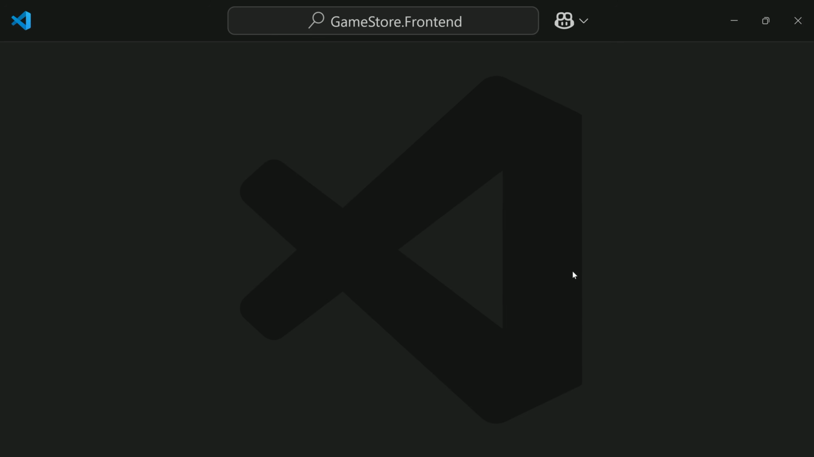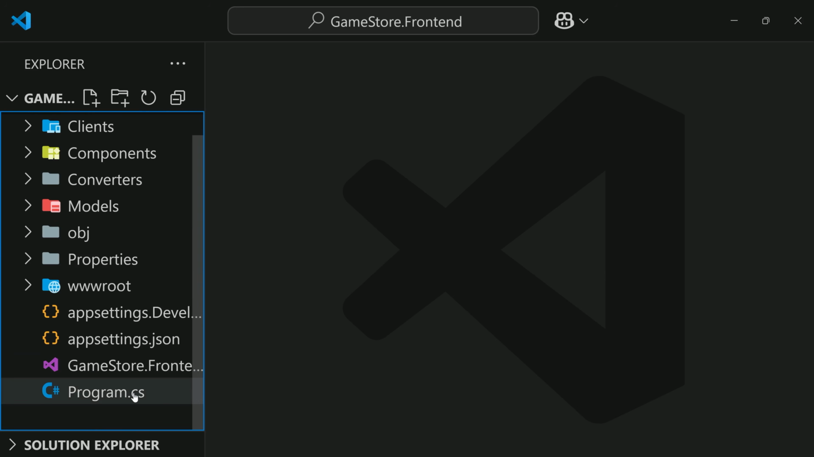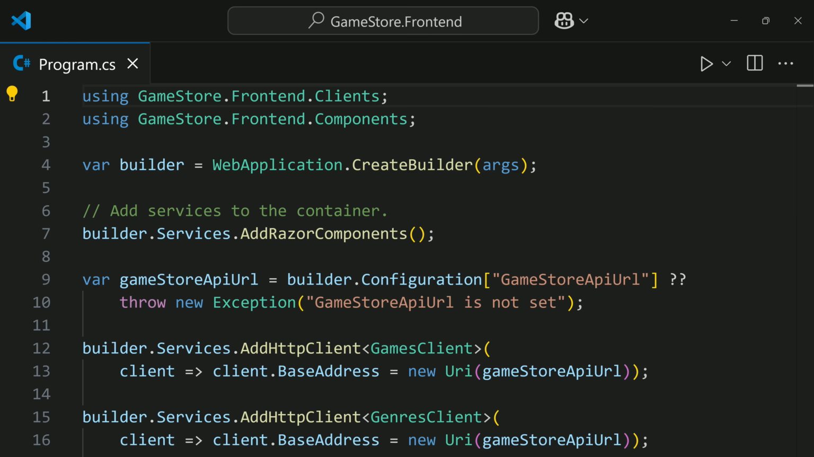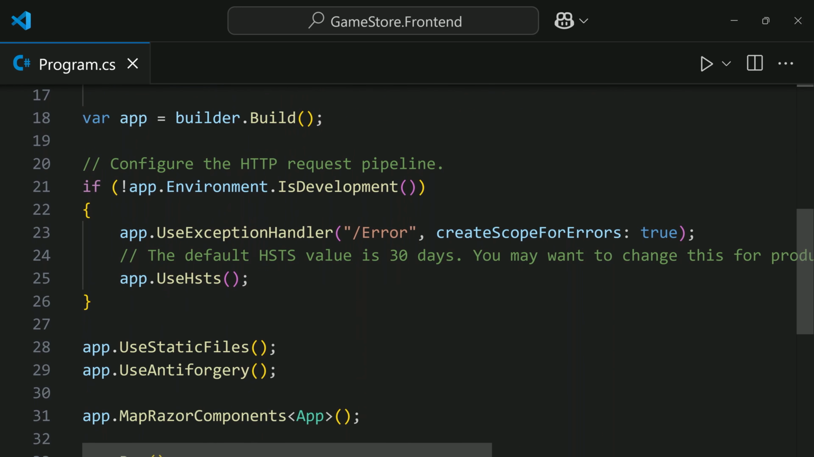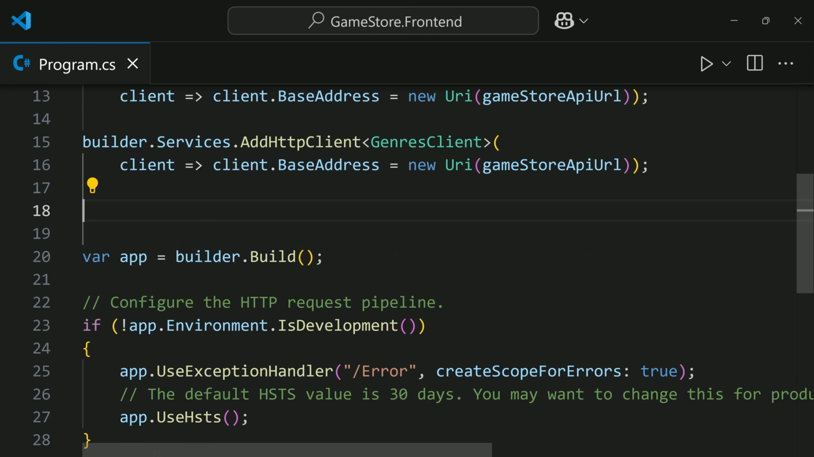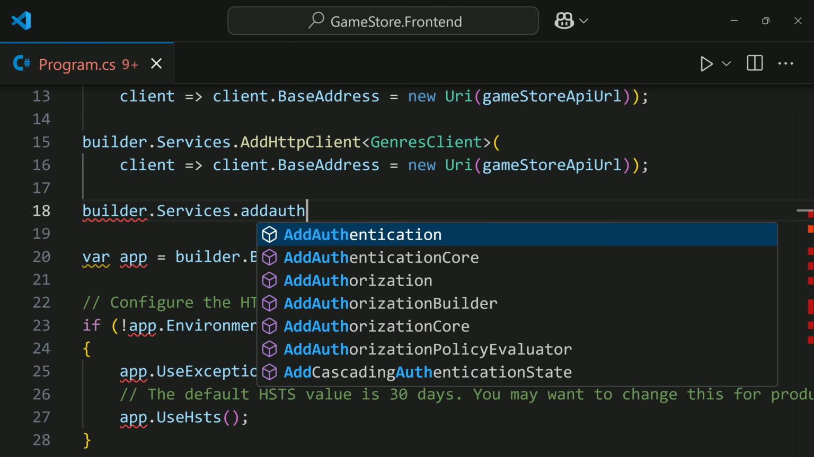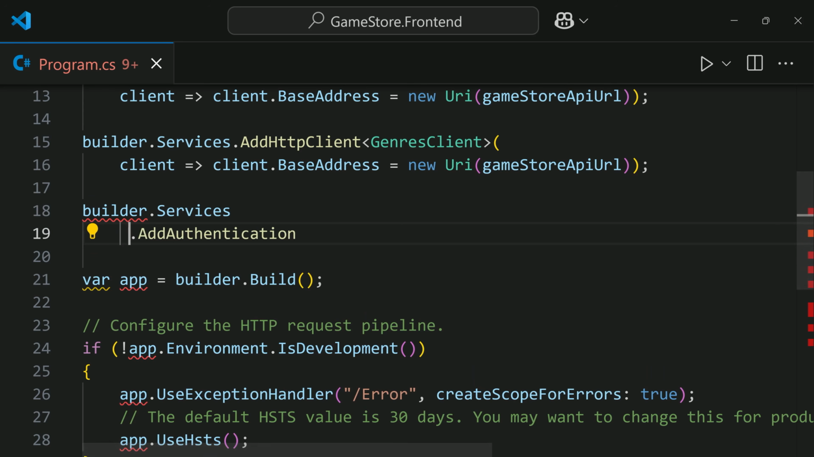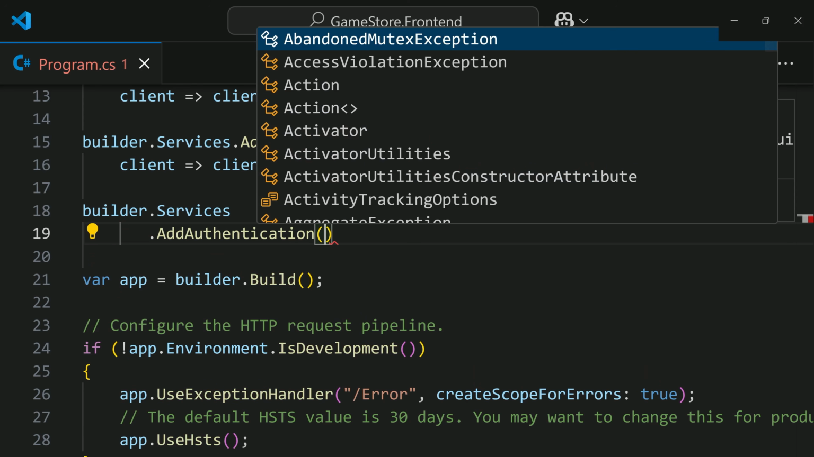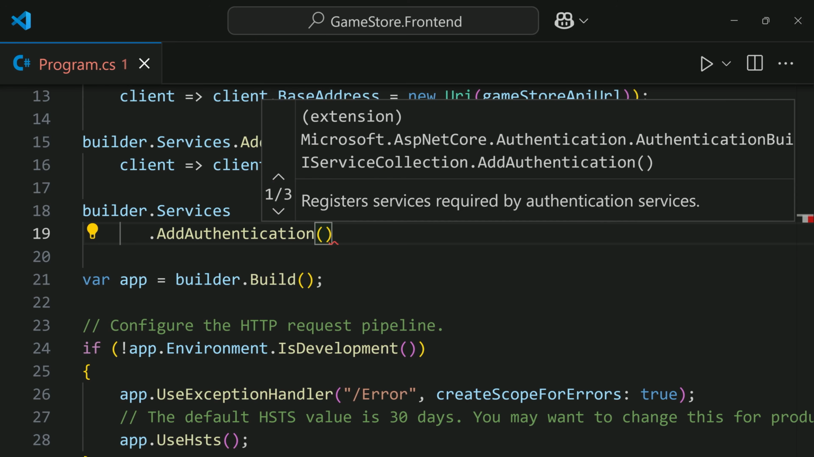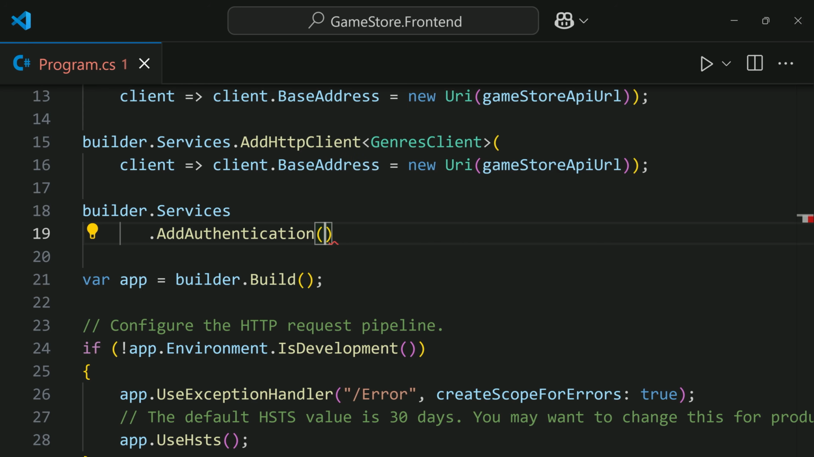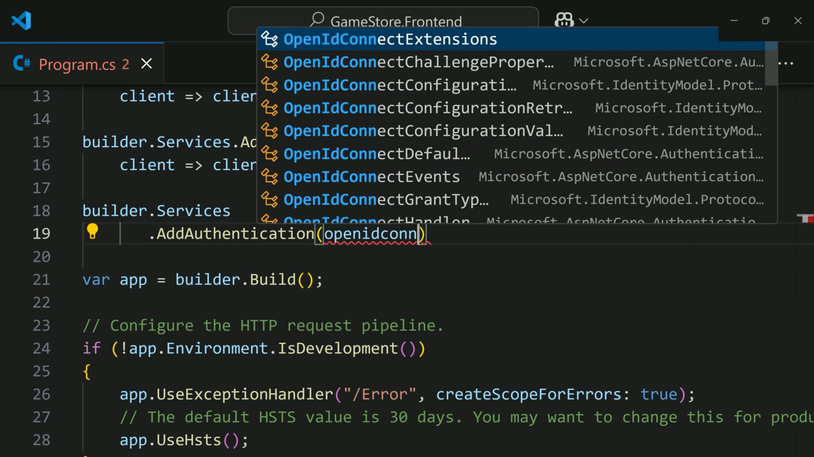So to do that, let's close this and let's go into our Program.cs file. And just like we did with the API, we will do this configuration through a new authentication scheme. So let's scroll down here just before the line where we construct our app object. And let's start by adding the authentication middleware. So we'll do builder.Services.AddAuthentication. Perhaps I'll send this to the next line so we can read better. And then we're going to define what is going to be our default scheme here. And in this case, we're going to say OpenIdConnect